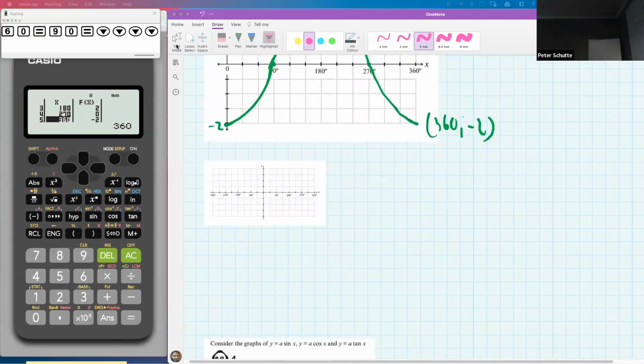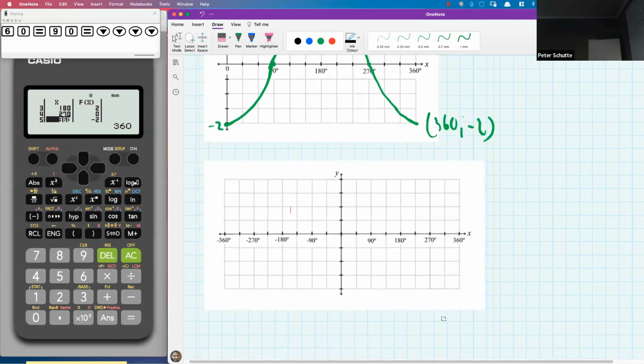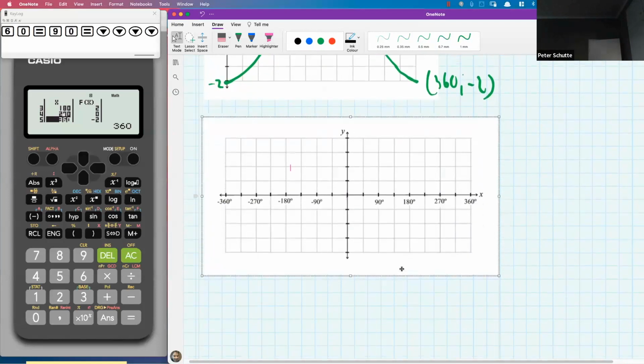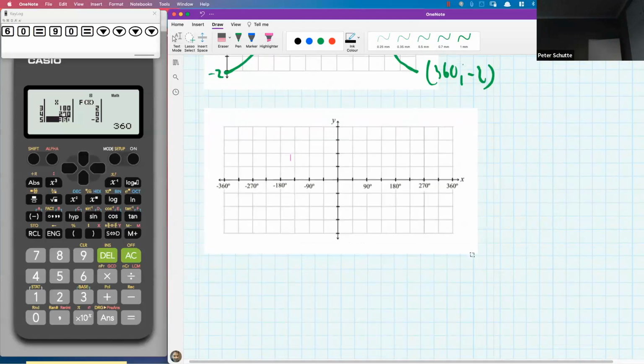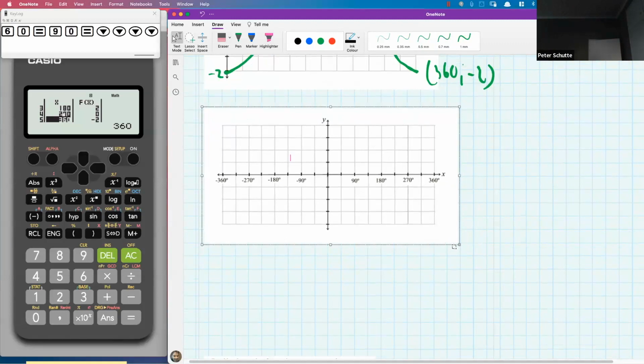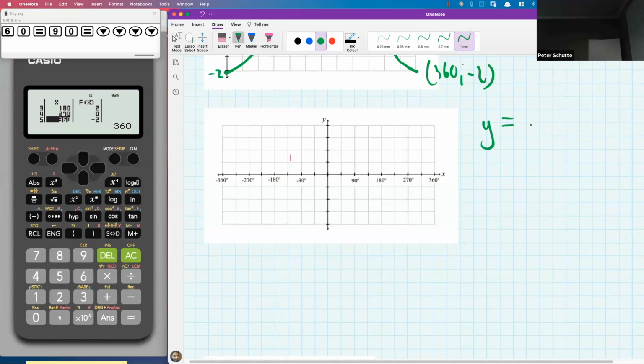Okay, now let's look at a similar idea, but extend what we've been learning. So what we notice about this thing is the domain is bigger. And what we're going to do is I'm going to actually ask you to draw 2 graphs on the same axes. And I'm going to introduce something new here. So what I'm going to do is I'm going to ask you to draw the graph of y equals sine x